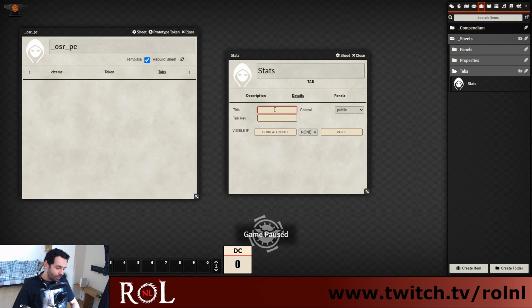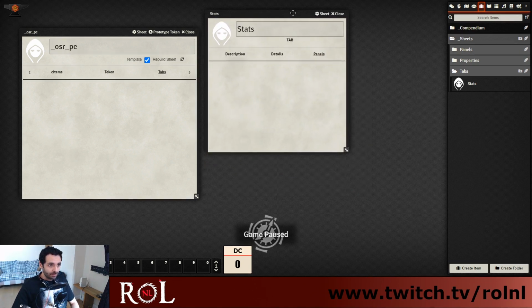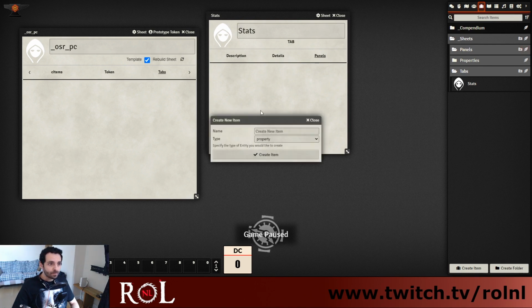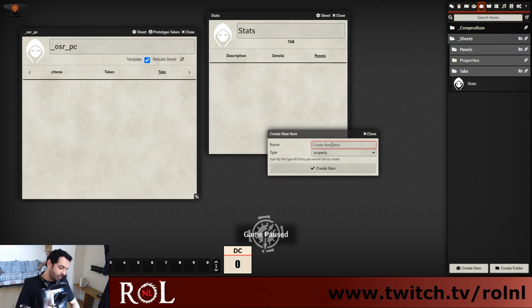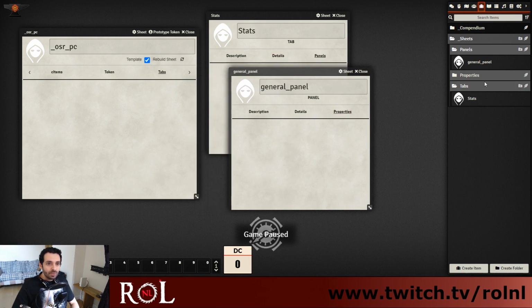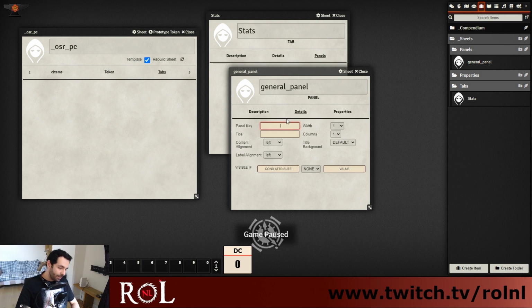So the title is going to be stats, and it's going to appear here at the top of the character sheet. We need a unique key for every element: stats tab. And we're going to add some panels. The first panel we're going to add is going to be, how can we call this? General. Yeah, general panel. Oh, wait a second, we need a key. General panel. We're not going to introduce a title. The width is going to be the full width, and in this case a minimum of 600 pixels. We're going to include four